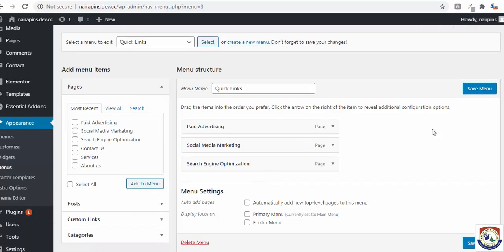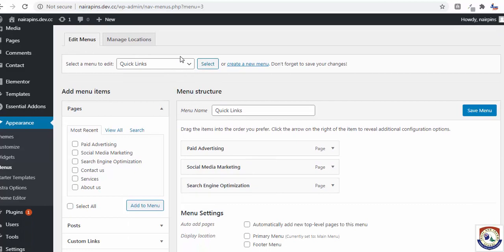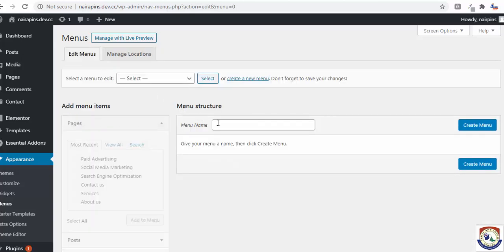So just follow me. So just click on save menu. Don't tick any of these, okay? This one we are going to be adding into the footer. Don't tick footer menu. Don't tick any of this. Then I'm going to create another menu. I'm going to give it site links. Then I'm going to add home, about us, and everything. So this one now will be maybe site links. Okay, so create a menu.